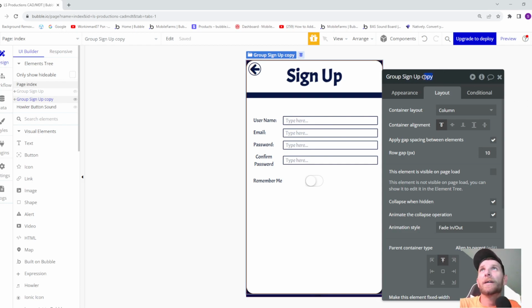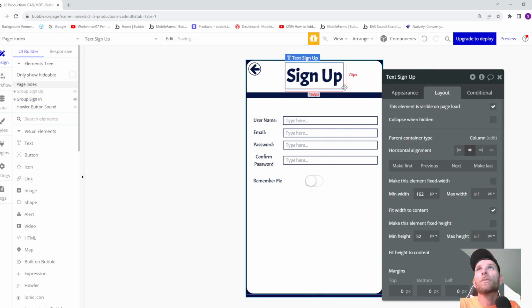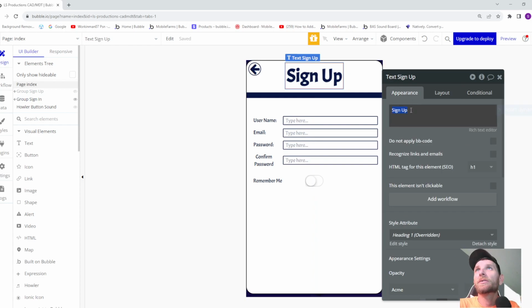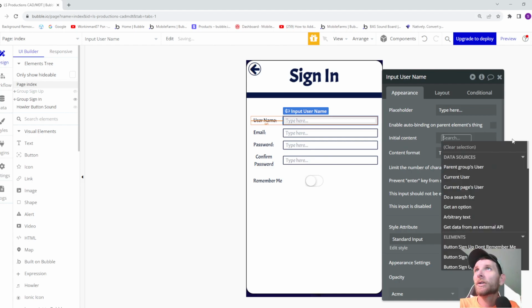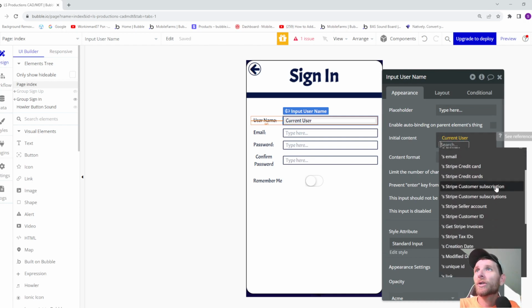We're just going to edit that to sign in. We will edit this to say sign in. We no longer need a username. I mean, I guess we can go ahead and leave the username. We will check this input is disabled so people cannot use it, and we will enter here in initial content current user's